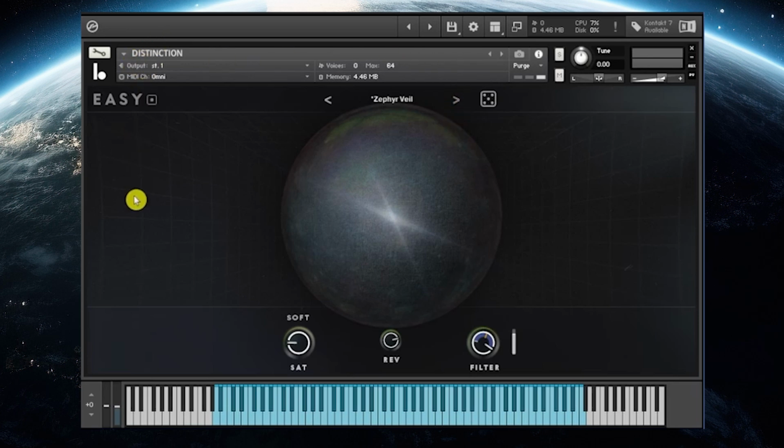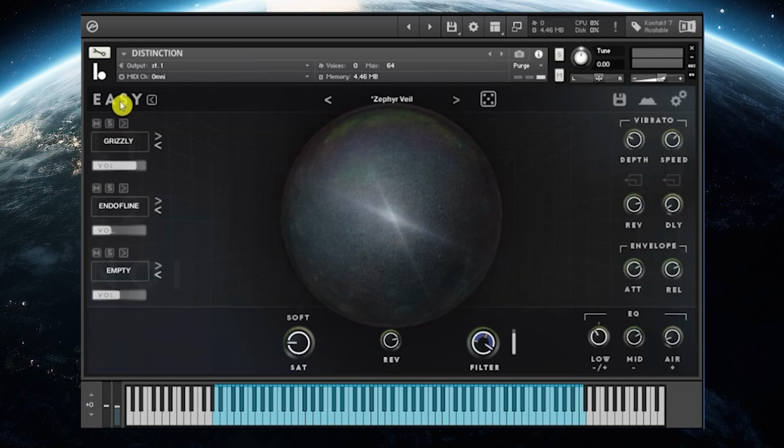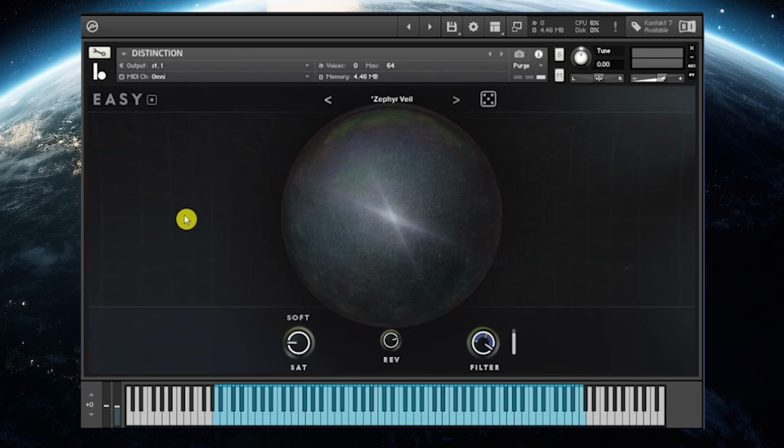Again, I really like this simple, easy interface. You can tell in the top left-hand corner there are two modes. There is the easy mode, and when you hover over it, it switches to pro mode. Clicking that reveals a lot more depth in the parameters you can modify. Going back to the easy version for the moment,